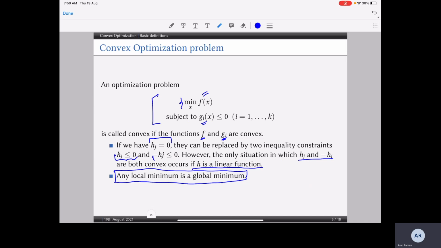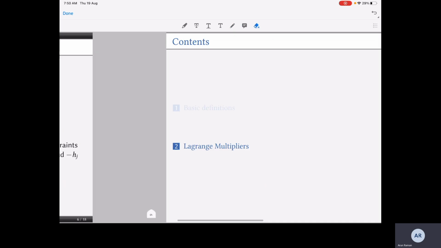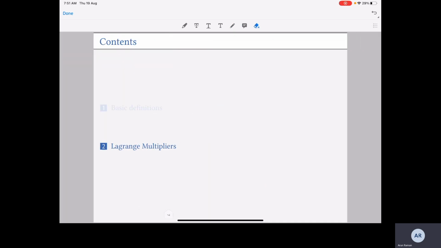We will not look into the proof for this, but the idea is basically that if we have two minima, then the function is not convex. When we join these two points, the graph is above the line. So this is the intuitive idea, but we'll not look at the proof. We'll just remember that any local minimum is also a global minimum. Next we look into solving the convex optimization problem. We are looking for a recipe, a hammer that we can use as a tool to solve several problems. And one of the methods is the Lagrange multiplier method.